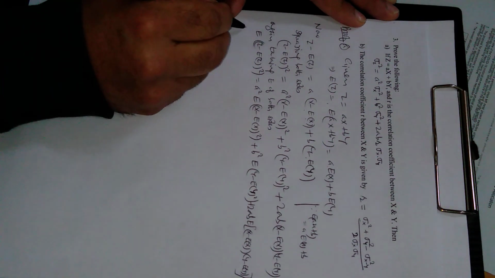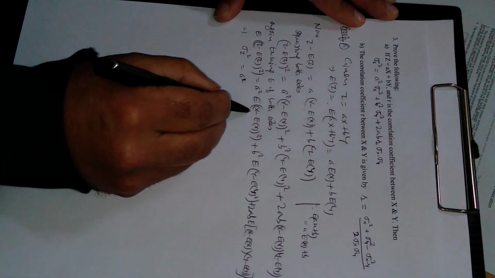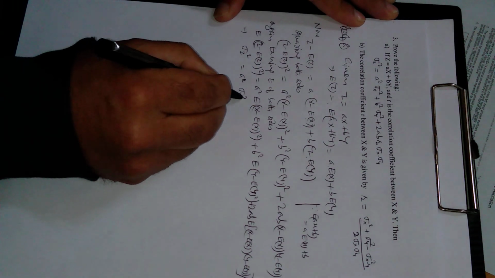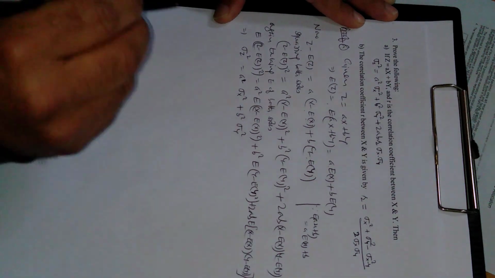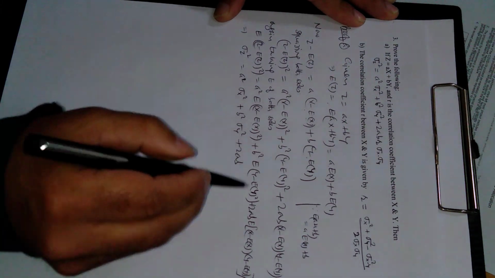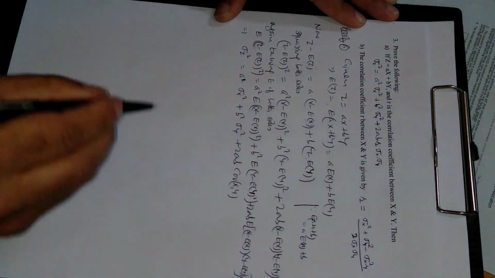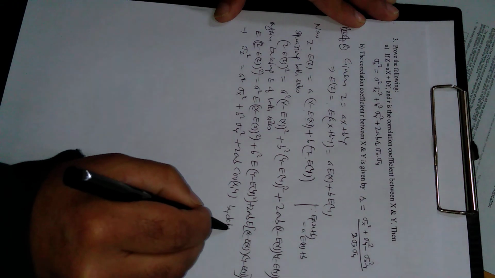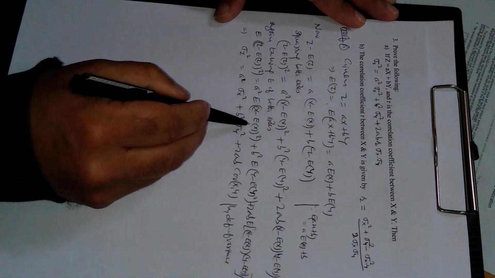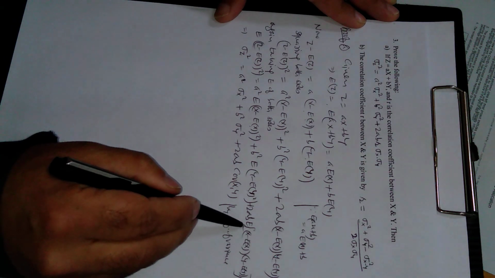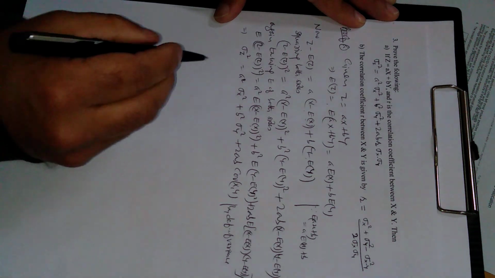Clearly by definition, this is variance with respect to z, this is a square, this is variance with respect to x, b square, this is variance with respect to y by definition, plus 2ab, and this is covariance with respect to x and y by definition. The difference is only here: the variable is z, here the variable is x, here the variable is y. And this expected value of product (x minus E x)(y minus E y) is by definition covariance between x and y,